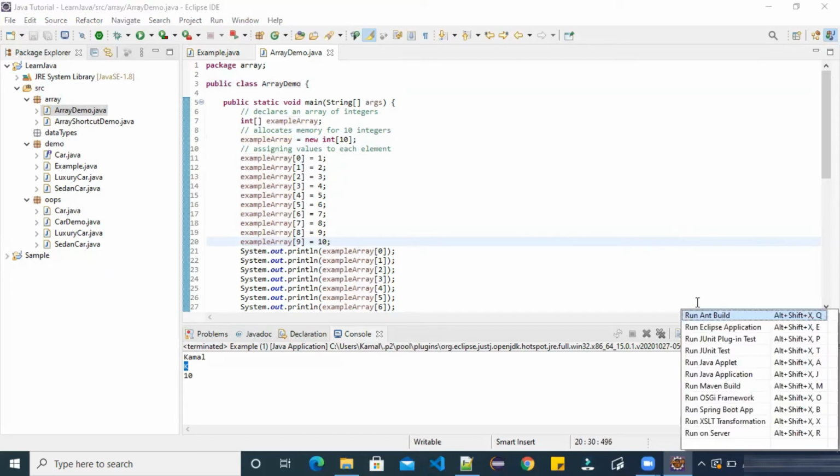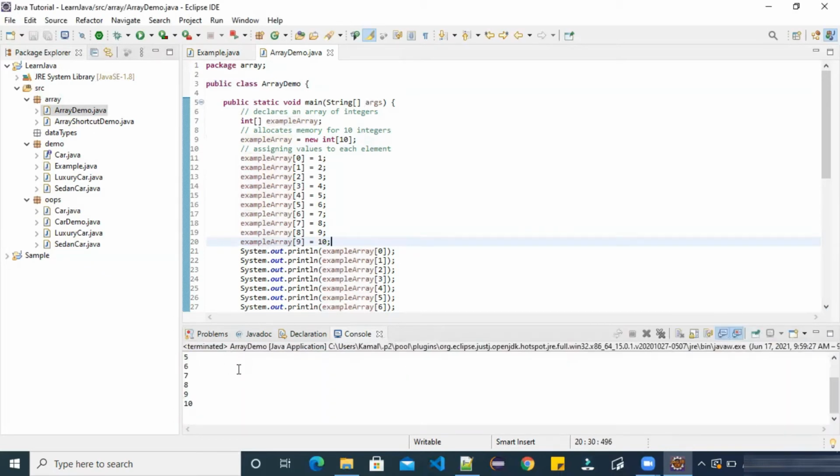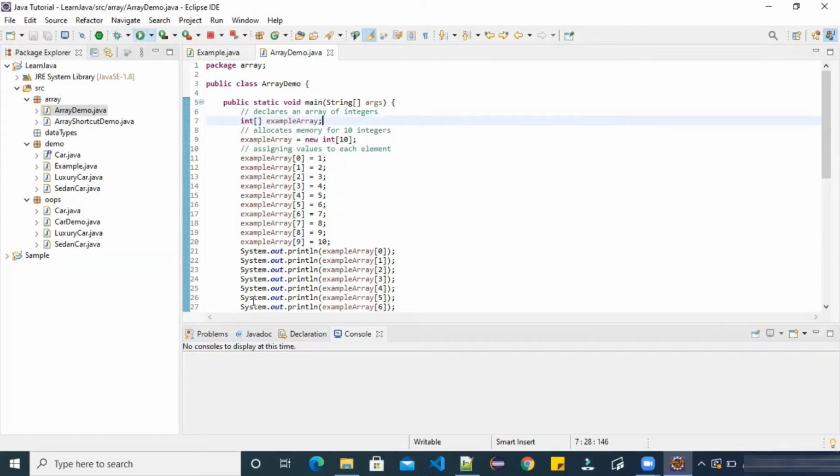then this menu is popped up and it was showing J. So here it is. If I press J, then it is executed. See, here is the output. We can also click inside this editor and run array demo.